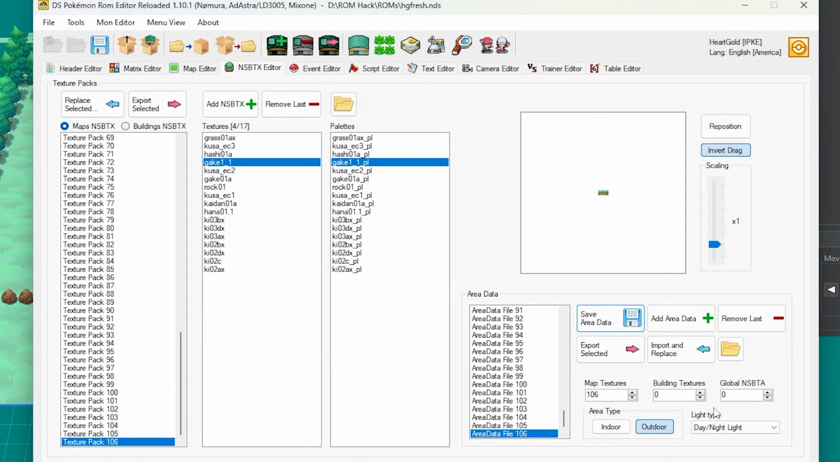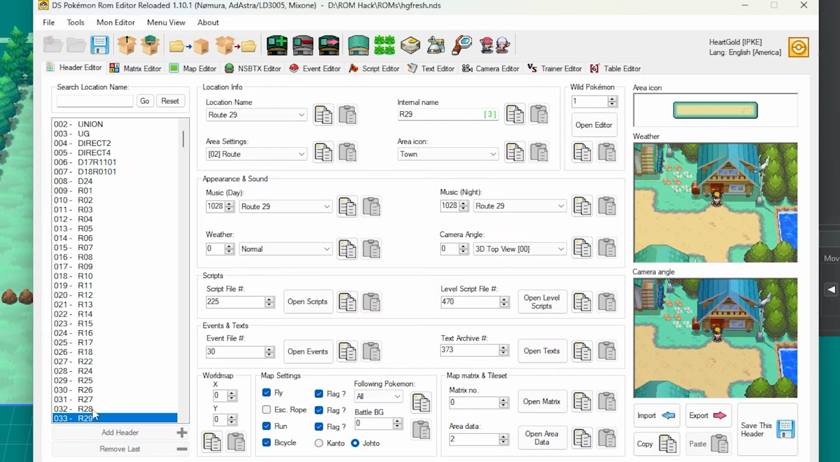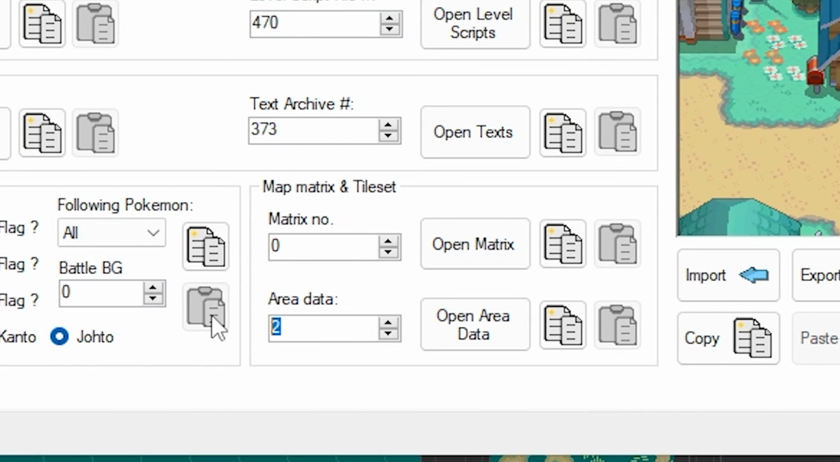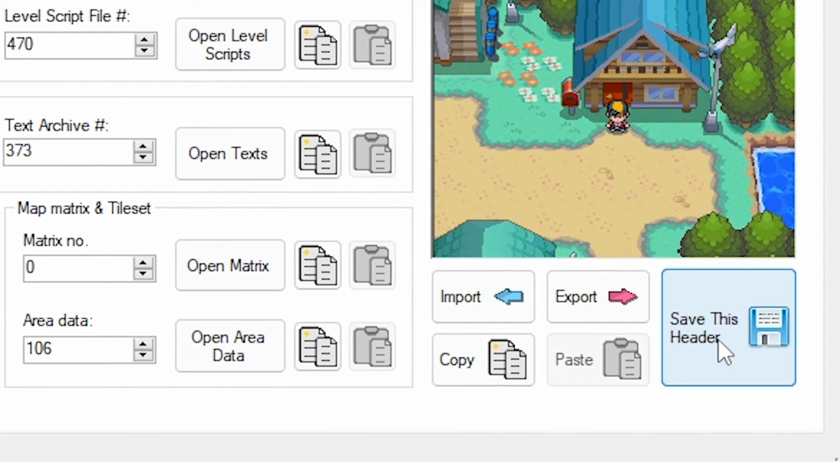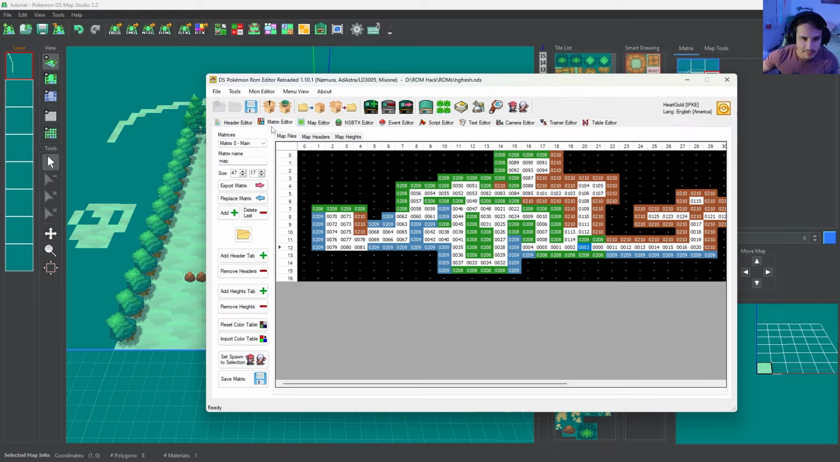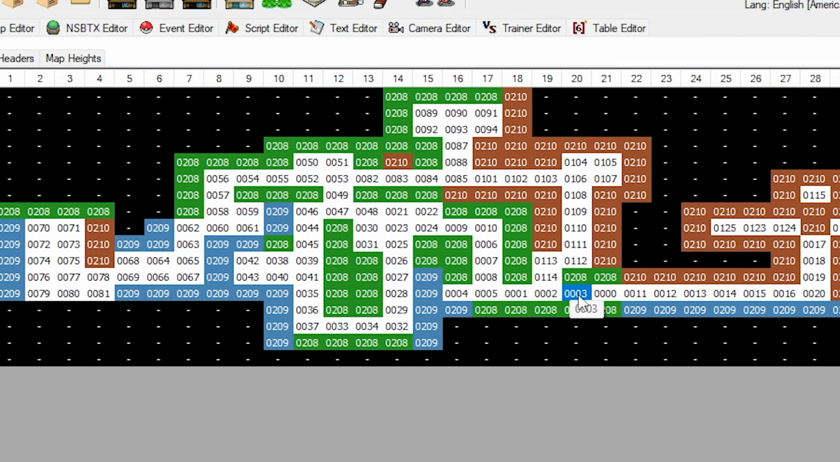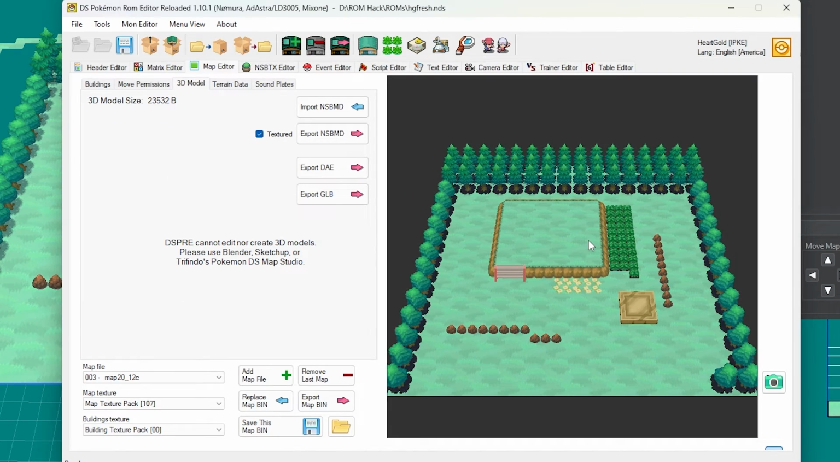We made this new area data conglomerate of map textures, building textures, and global animations, and now we're going to go back to our header editor for Route 29, and we are going to edit this area data to say 106. And click Save this header, and we're going to reopen this using the matrix editor. So go to matrix editor and click on this area, and there we go. Now it looks perfectly normal. So now that we're done with this,